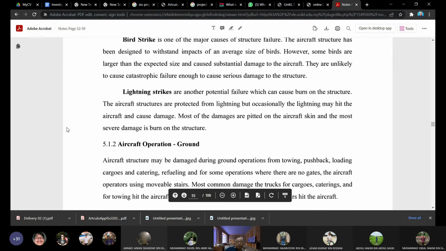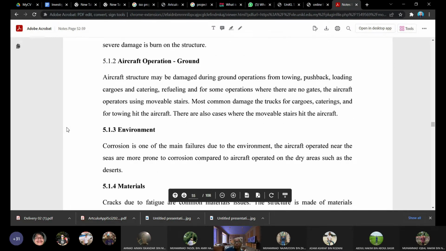They also cause damage on the ground, where you have been operating the aircraft. There are many things that come to the aircraft: cargo, catering, refueling, pushback, tow bar, tow truck for aircraft which are not with the gates, for aircraft landed at the airport with no gates. They also have movable stairs. Those are the potential costs of